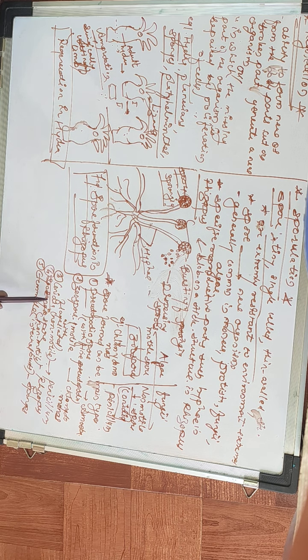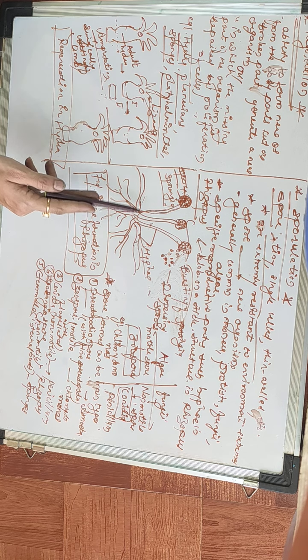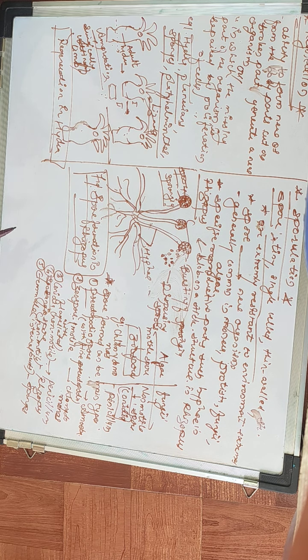Next type of spores is called conidia. These are non-motile. They occur in fungi, such as Penicillium. Next type of spores is known as sporangiospores, that we already discussed. They are also non-motile and are seen in Rhizopus. Then last but not least is gemmules, that are called internal buds, and that occurs in sponges.